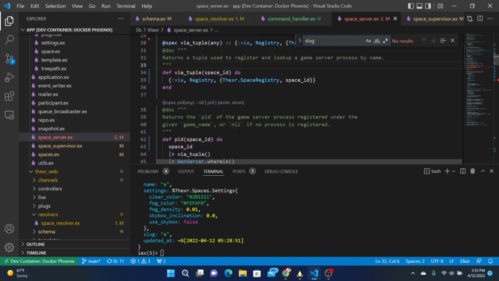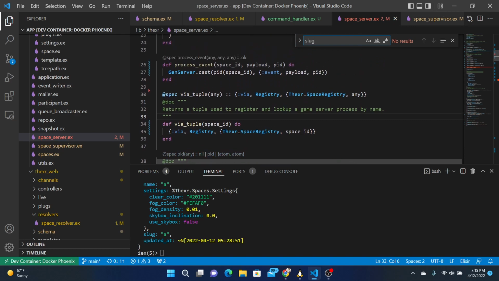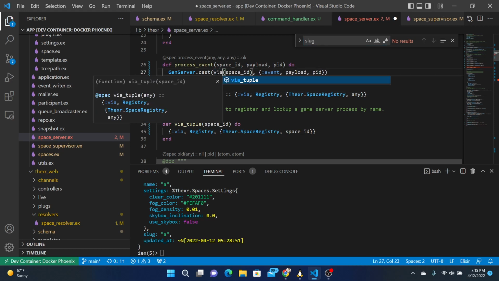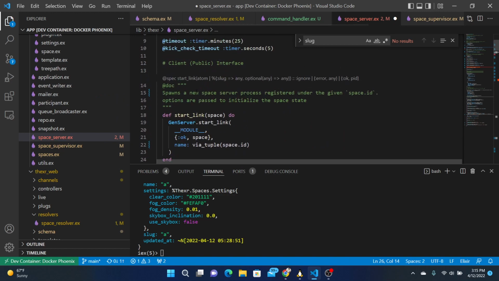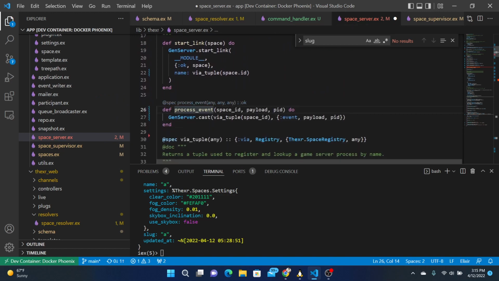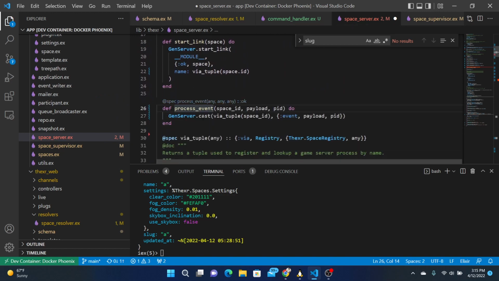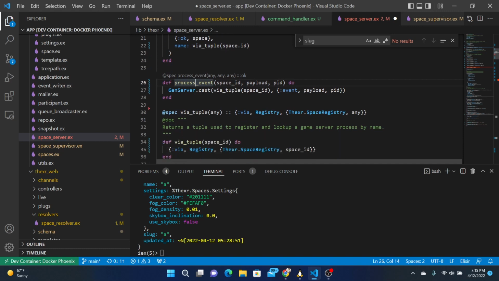Just say via tuple. So start link via tuple, yes. And cast via tuple.